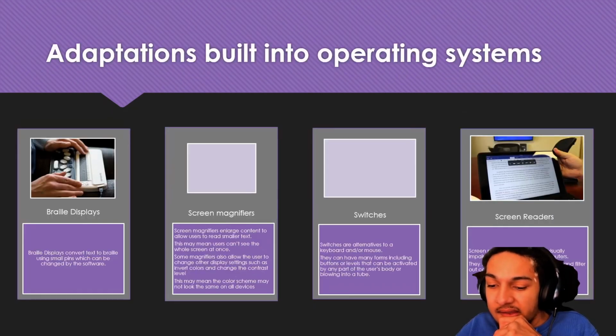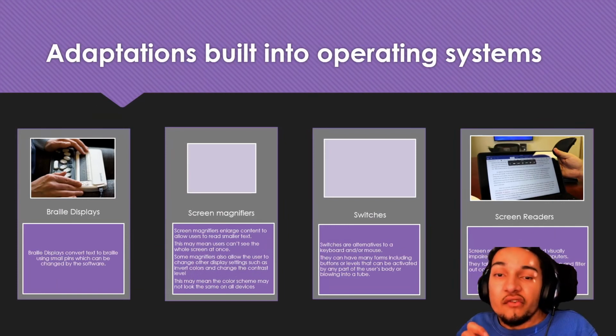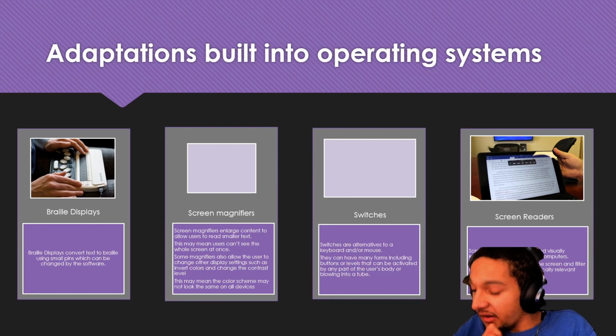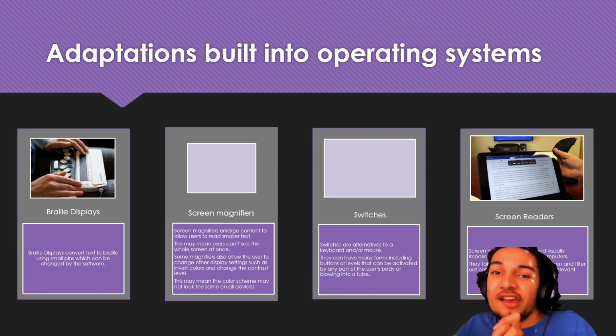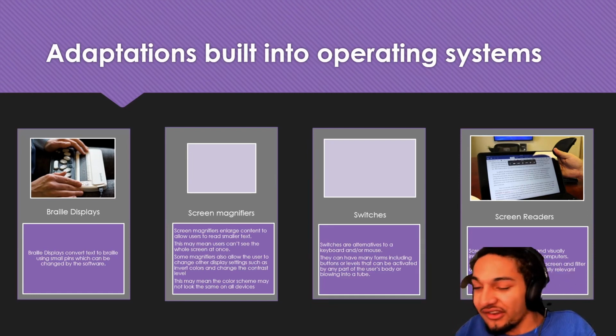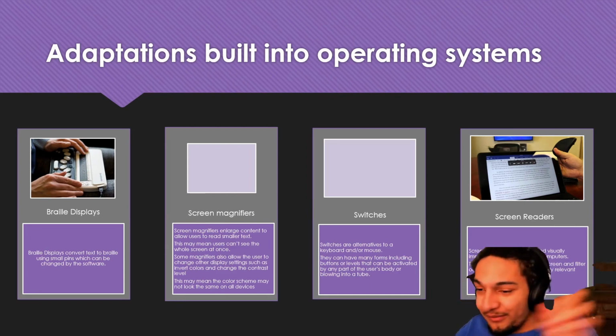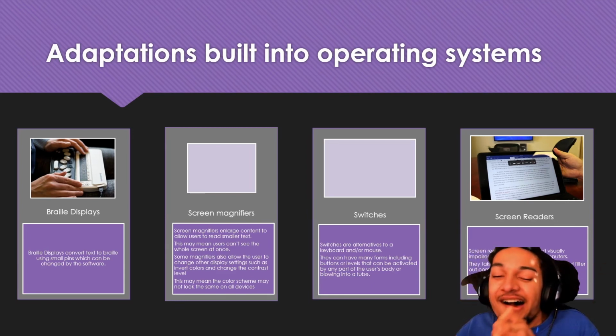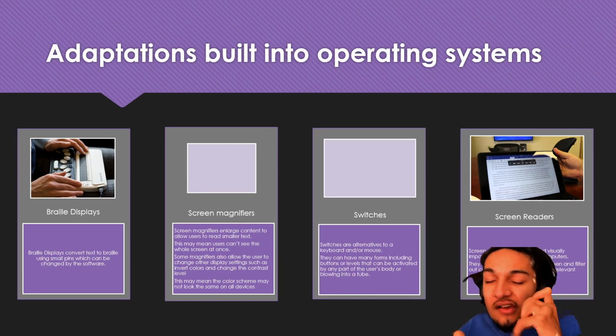Let's take a look at this. Adaptations. There are lots of different accessibility aids. Oh, by the way, if I'm going too quickly or you have any questions, please do feel free to interrupt me, ask in the chat. One of my issues is I go way too quickly sometimes. If you need me to slow down, please do say, because otherwise I will be done in no time. There are lots of adaptations that can be used.